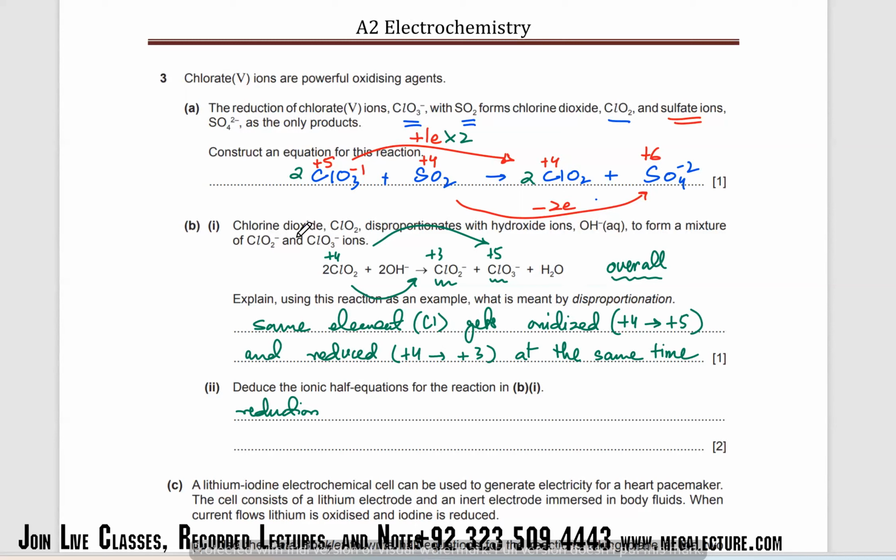So what is reduction? It's ClO2, and it becomes ClO2 -1. So it is ClO2 and it's turning into ClO2 -1. +4 to +3. So that means it gained exactly 1 electron. ठीक है, it gained exactly 1 electron. और फिर इसी तरह